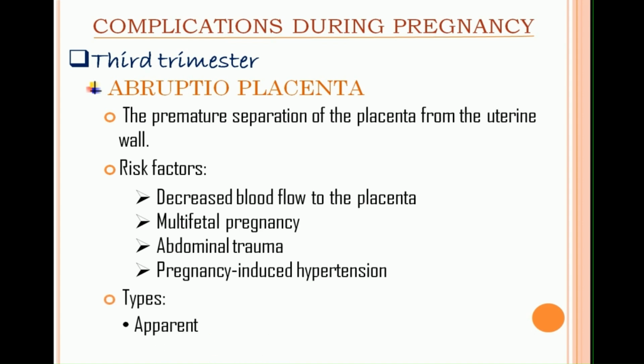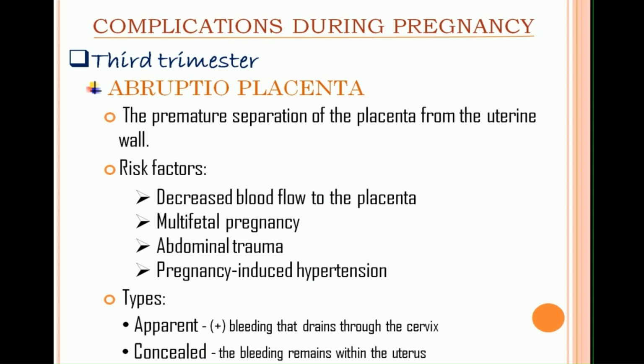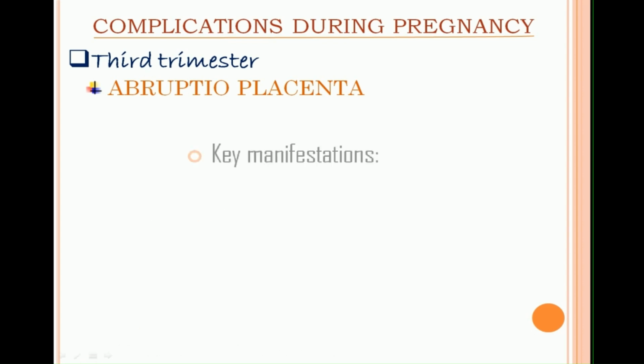Types: apparent or revealed. There is bleeding from the site of placental separation and it drains through the cervix. Next is concealed. There is no evidence of vaginal bleeding because it remains within the uterus and typically forms a clot retroplacentally. Key manifestations: